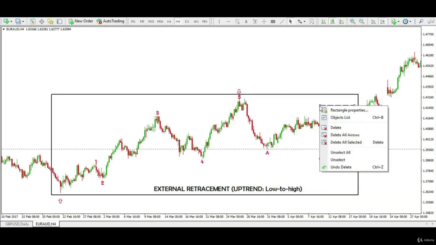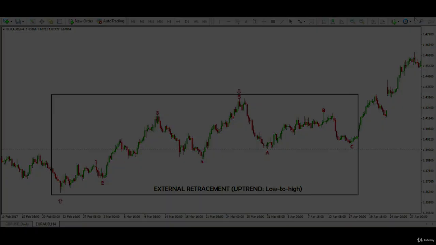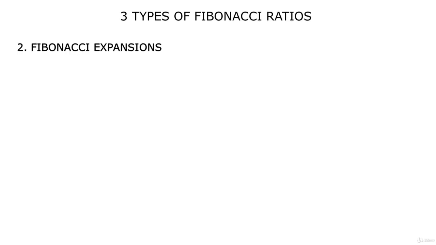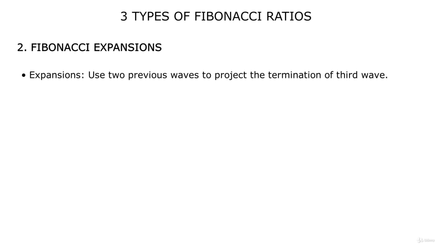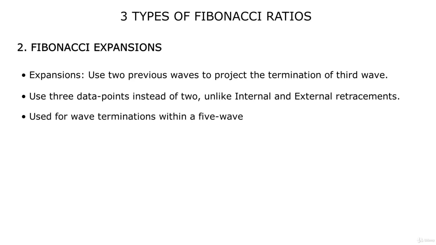Now we look to study the final retracement type in this strategy. Fibonacci expansions. Unlike internal and external retracement, expansions use two previous waves at the same time to project the termination of the third wave. Therefore, expansions use 3 data points instead of 2. They are used in both corrections and impulse waves within Elliott wave principle. The key ratios are: